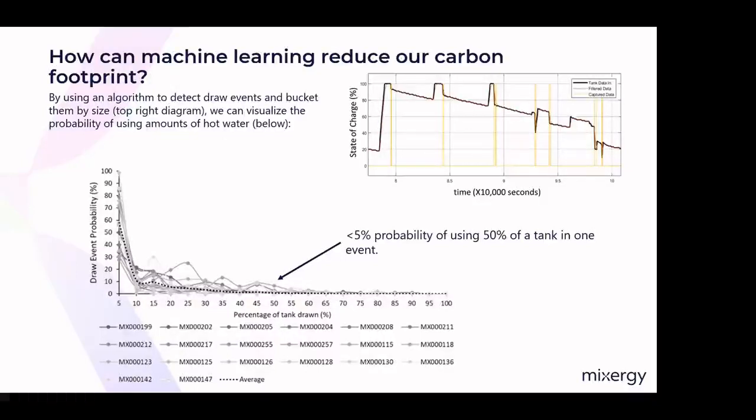We can also see that people use a lot less hot water than we think. So we use one of the experiments we carried out at Mixergy. First of all, with 100 tanks, we wanted to work out the probability of someone using 100% of their tank in one go. What we actually found is less than 5% probability of someone using 50% of their tank in one go. So where we're currently sizing cylinders with a heat pump at 35 litres per person, or some people with a gas boiler will still be sizing at 45 litres per person,